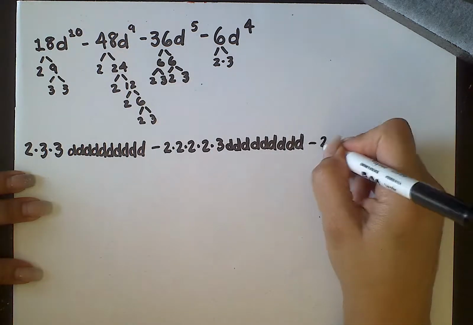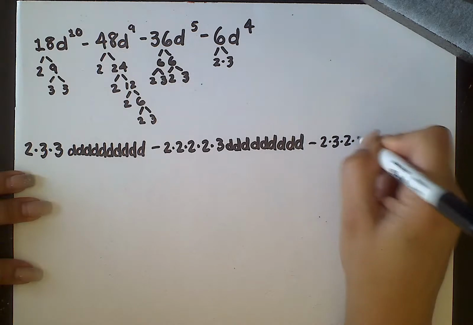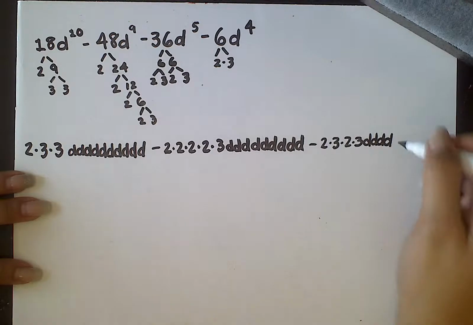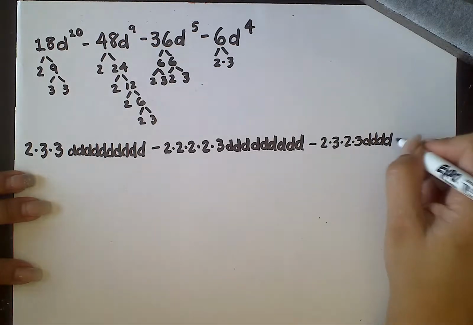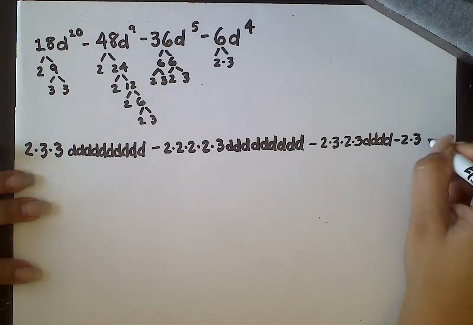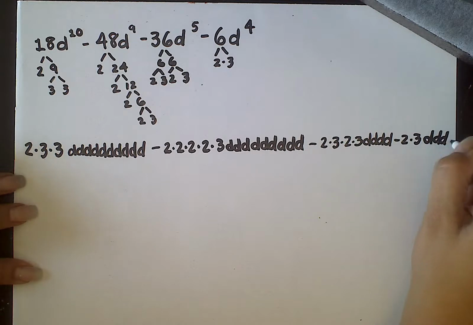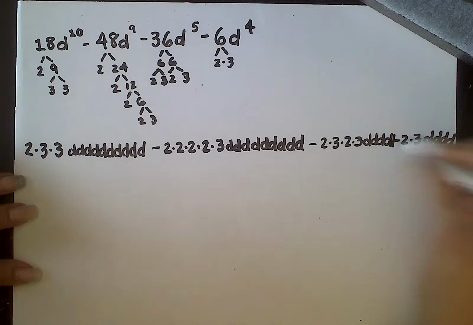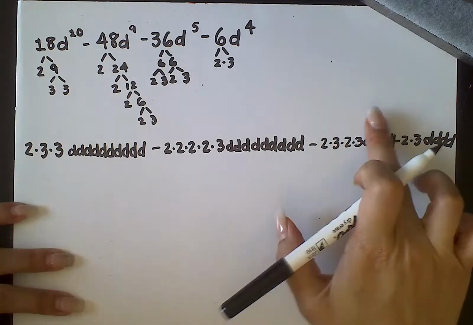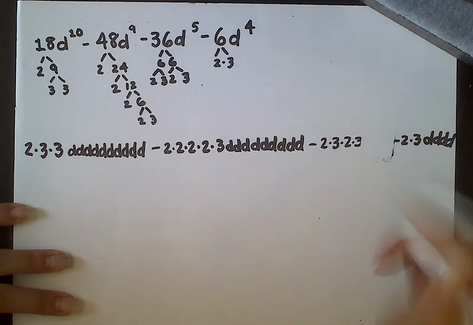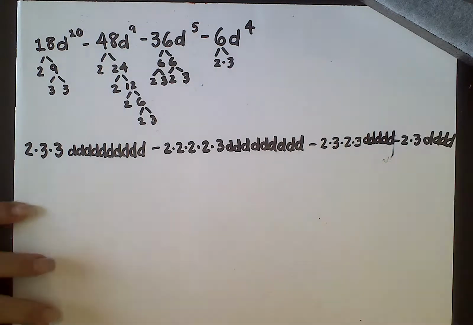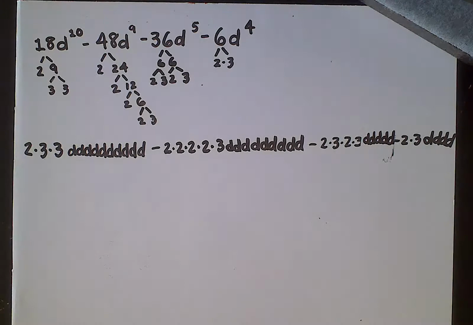Minus 2 times 3, 2 times 3. 1, 2, 3, 4. And lastly, minus 2 times 3, 1, 2, 3, 4. Oh, sorry, this one should have had 5. There we go. Just fix that completely. 1, 2, 3, 4, 5. There we go. Okay, now, the reason I wanted to expand is because it looks like you guys are able